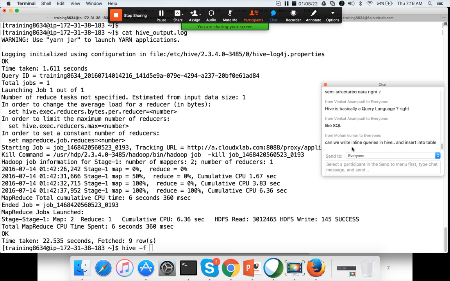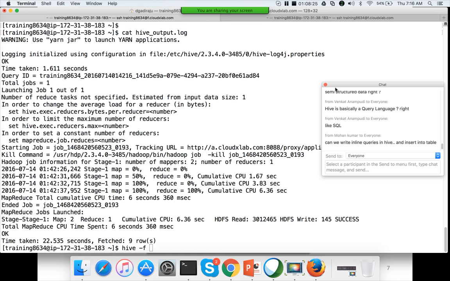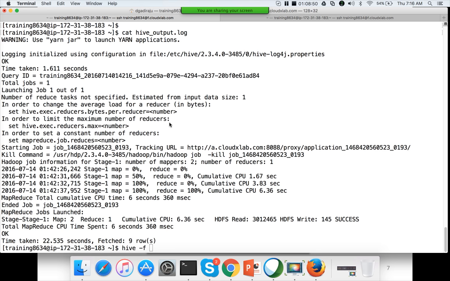So the question is, can we write inline queries in Hive and insert into table? So we will get into that. We are not yet talking about creating the tables, inserting data and all those things. In the latest version they are providing an insert feature for individual rows also, but that is just an eyewash. You should not use that. You should only use inline queries to load data into Hive. But we will see that in detail later. So this is how you can use Hive -e and Hive -f